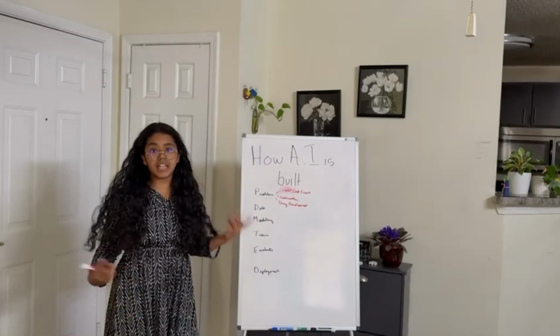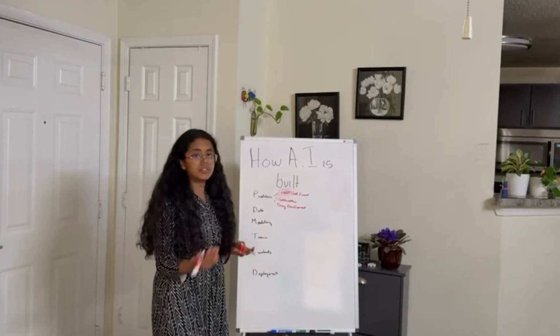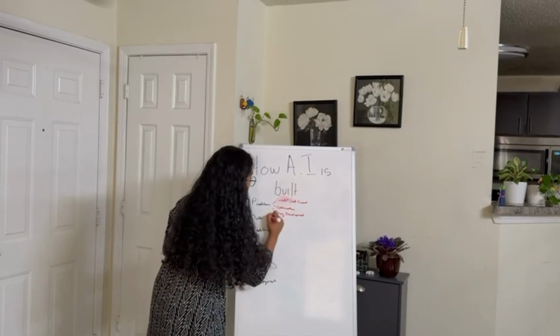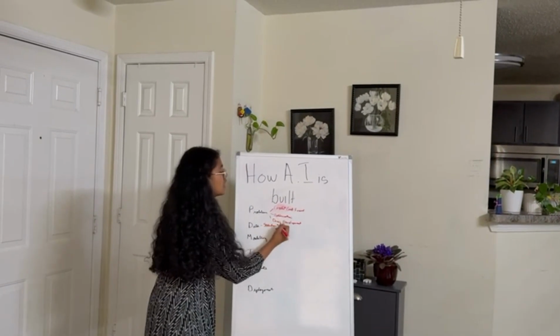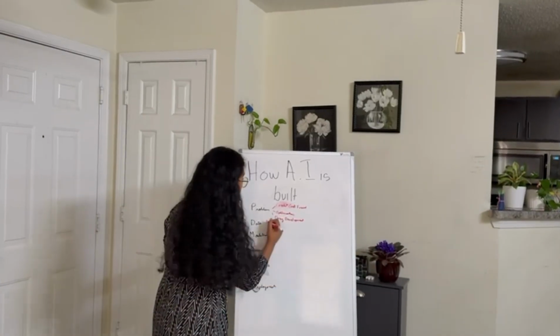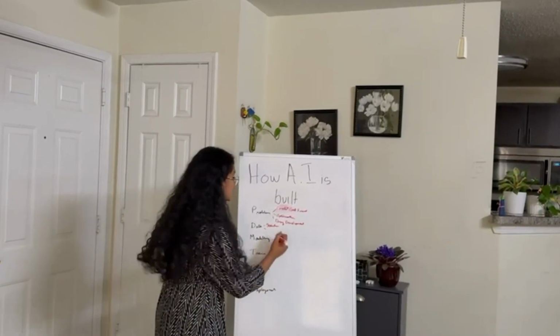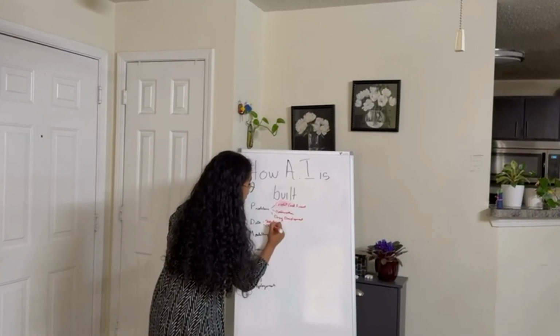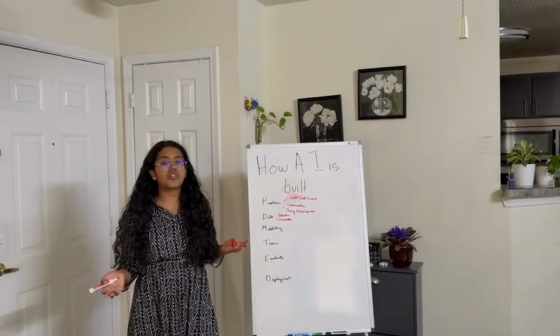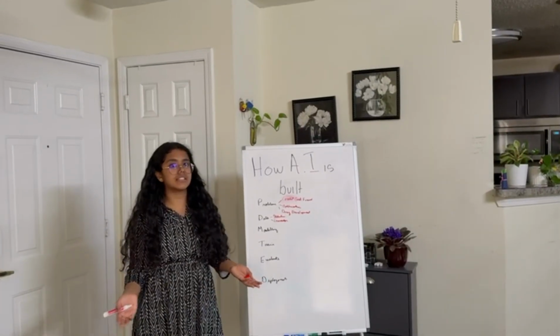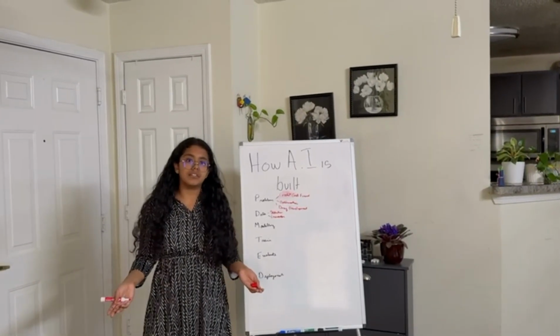Then we also have data. So data can look like basic statistics, percentages, mean, median, mode, basic numbers. But it can also be more personalized and nuanced, like characteristics of someone. Maybe we're trying to figure out the best person for a specific job. So maybe we're trying to identify specific characteristics. That would all be valuable data.